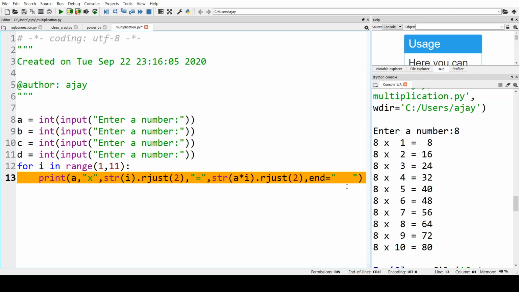Okay, so I'm ending that. So if it says 8 into 1 is equal to 8, and then there will be a space of 4 spaces basically. Okay, and then I want to print the next table, that is whatever the value we have in B. Okay, and then the third table, and then the fourth table, and then we will come to the